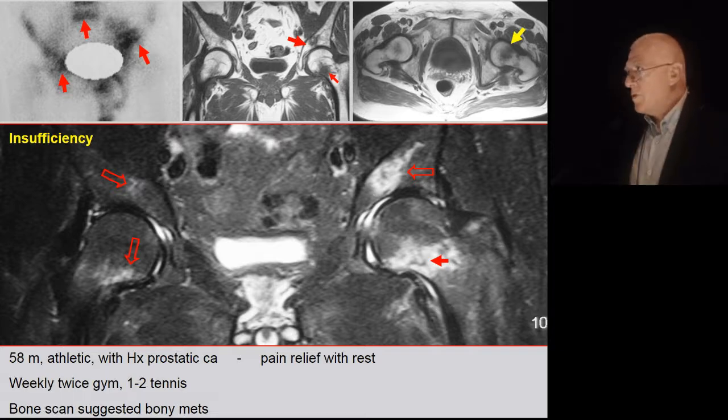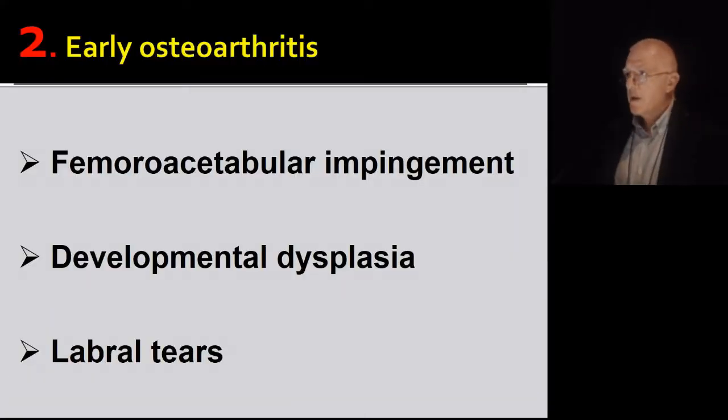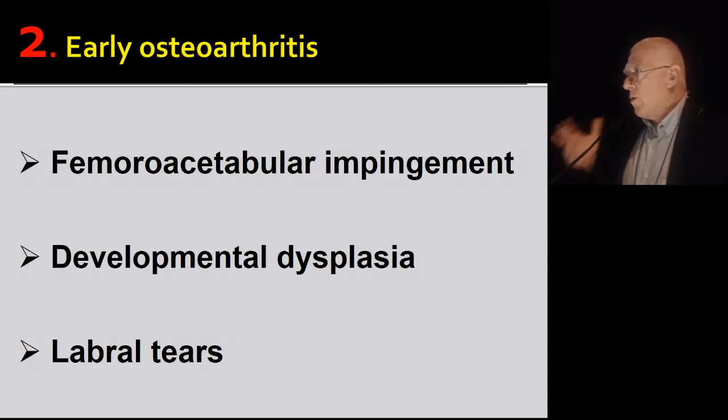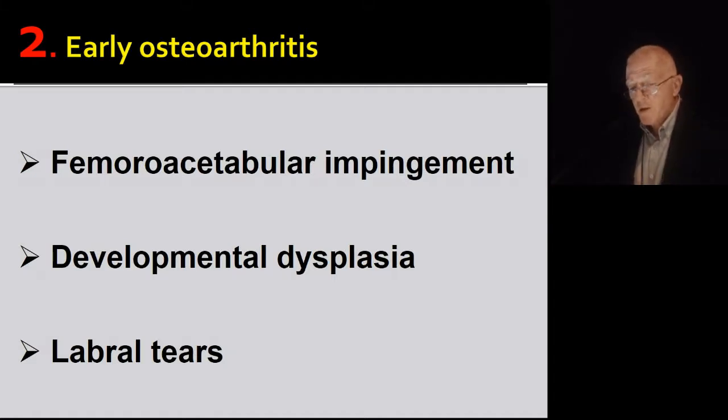The second topic today will be early osteoarthritis. I think this is a very important one. It's usually quite difficult for those who are not familiar, and we need always to explore which is the underlying condition which contributes to the presence of early osteoarthritis. So femoroacetabular impingement is the one topic, subclinical developmental dysplasia is the second one, and the presence of traumatic labral tears the third.